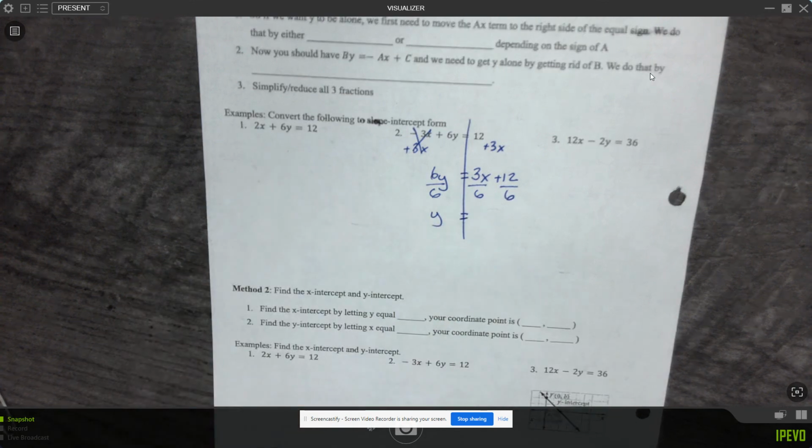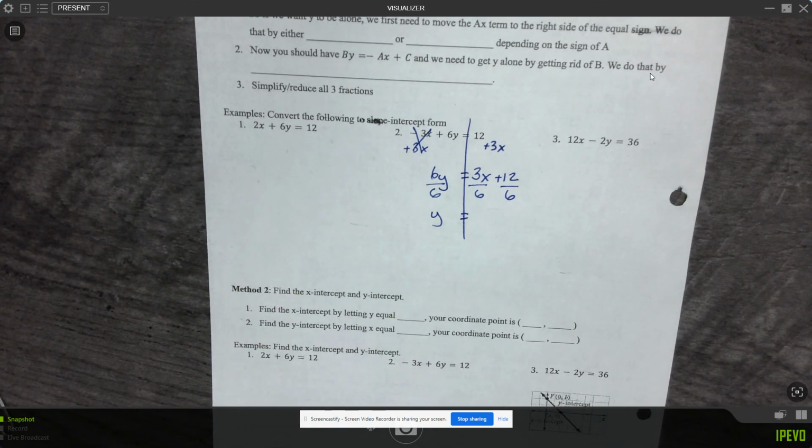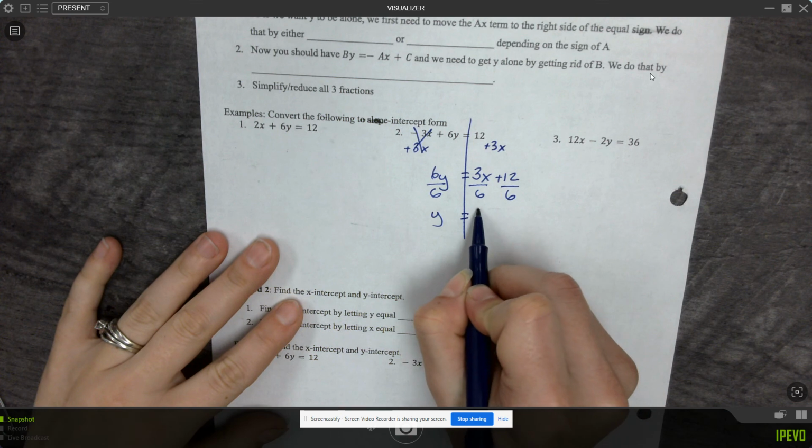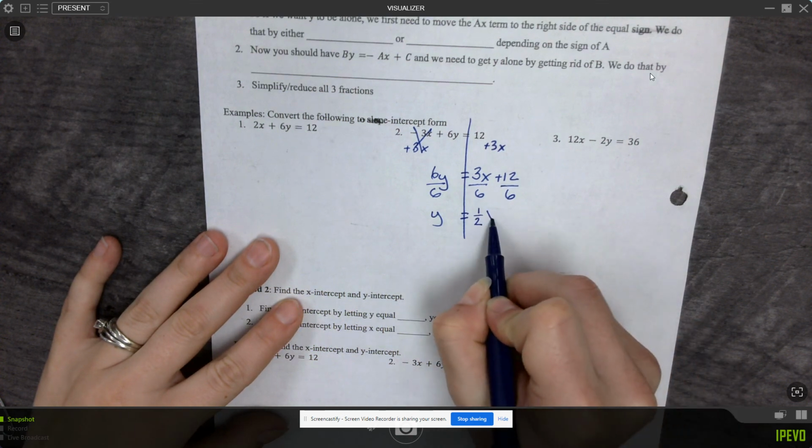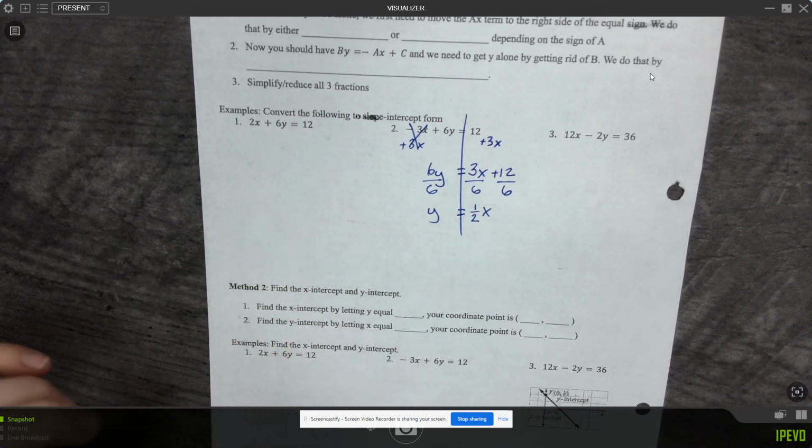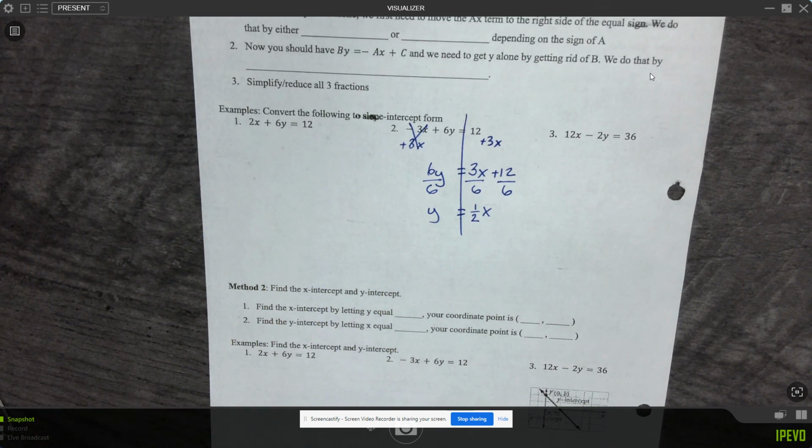3 over 6. So I showed you in the last example that when you have something that doesn't divide, 3 is not divisible by 6, you need to go to Desmos and type that in and reduce your fraction. We should not have a decimal at any point in time for slope. So 3 over 6 will reduce to 1 over 2x. And 12 divided by 6 is